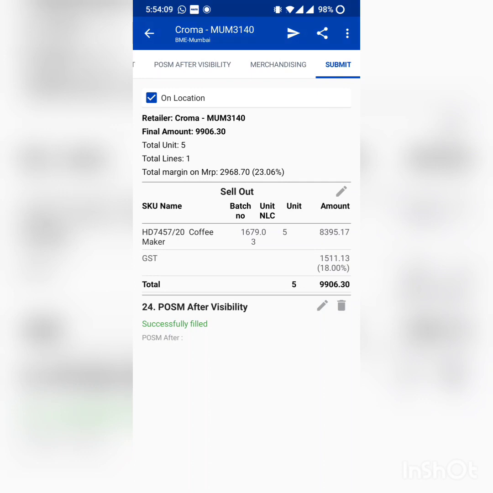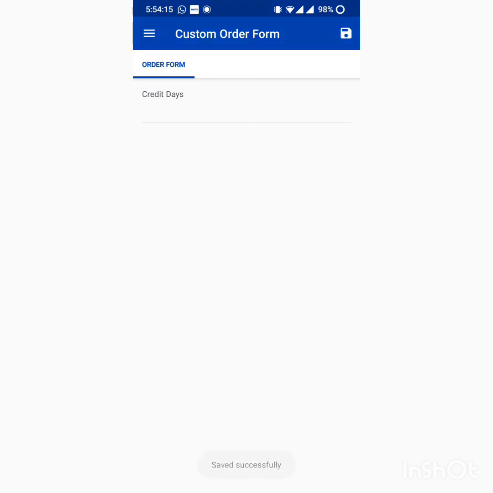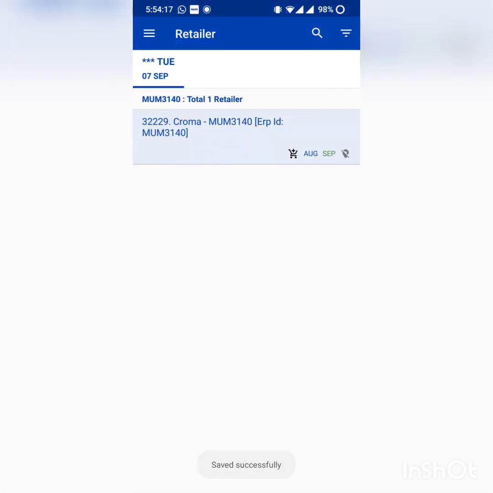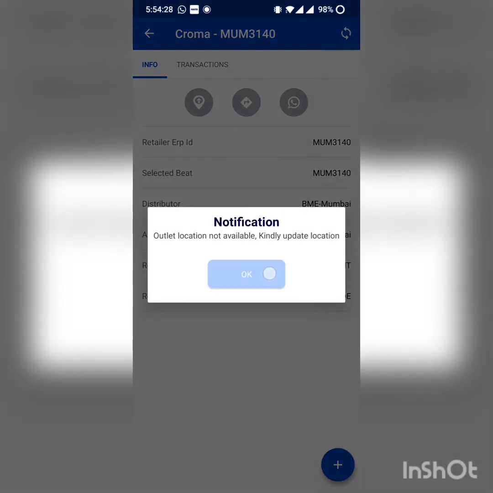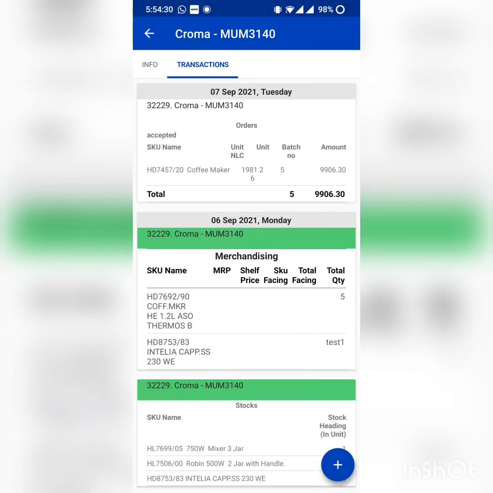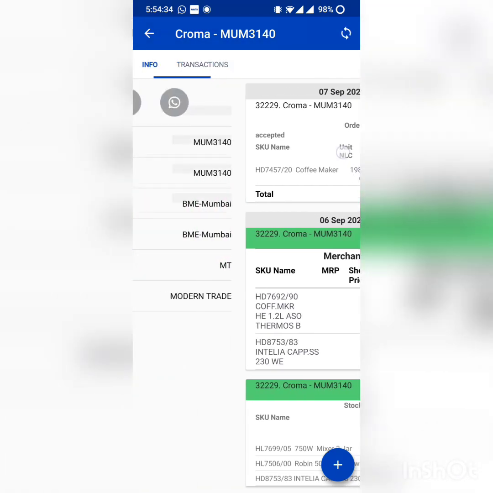For submitting the data, the very first option we have is the arrow symbol. Once the user clicks on the arrow, the store name automatically gets changed over here. Once the user clicks on that arrow, the data automatically gets submitted. If we select the same store over here and go to transactions, whatever activities the user has performed currently, the user would be able to see on this transactions tab.